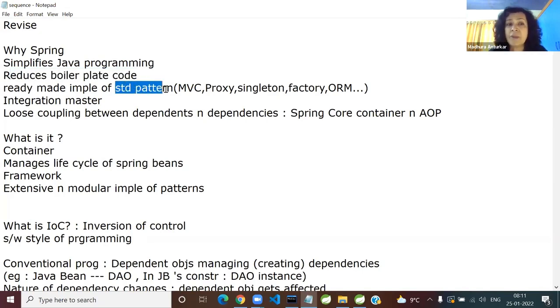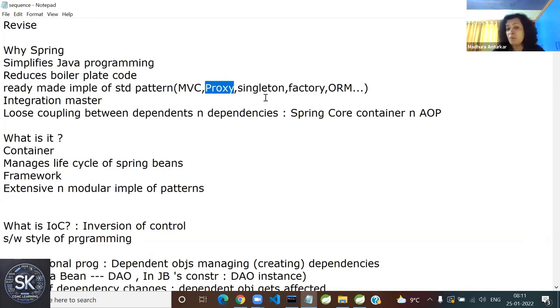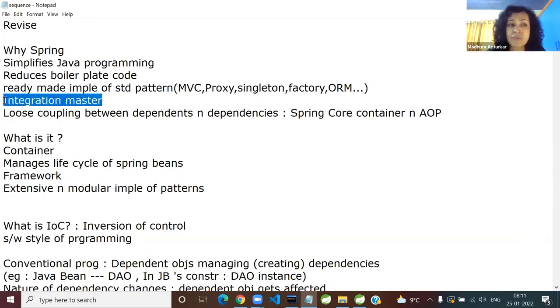You will see Spring being a framework, it gives you ready-made implementation of so many design patterns. So one of them is MVC, Model View Controller, Proxy, Singleton, Factory, ORM. So many ready-made implementations you'll see. Spring tells you that, do you want to integrate with web technology, servlet-based?